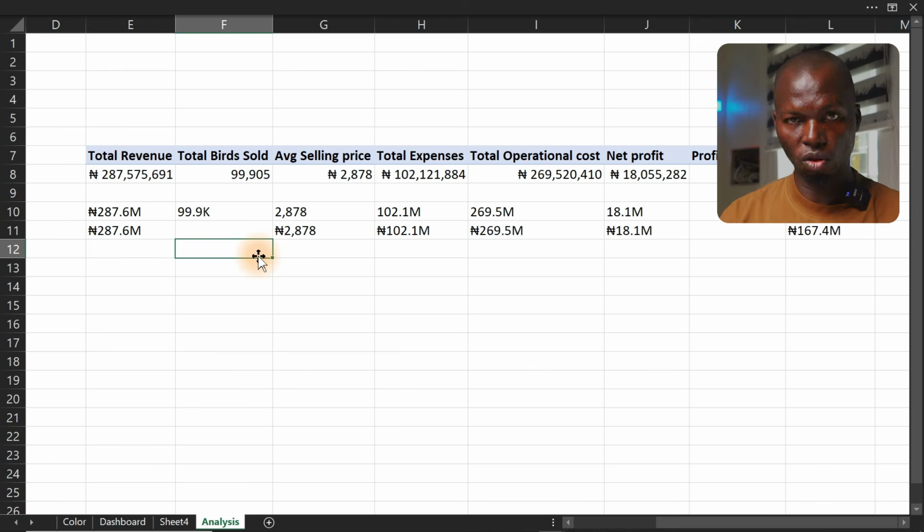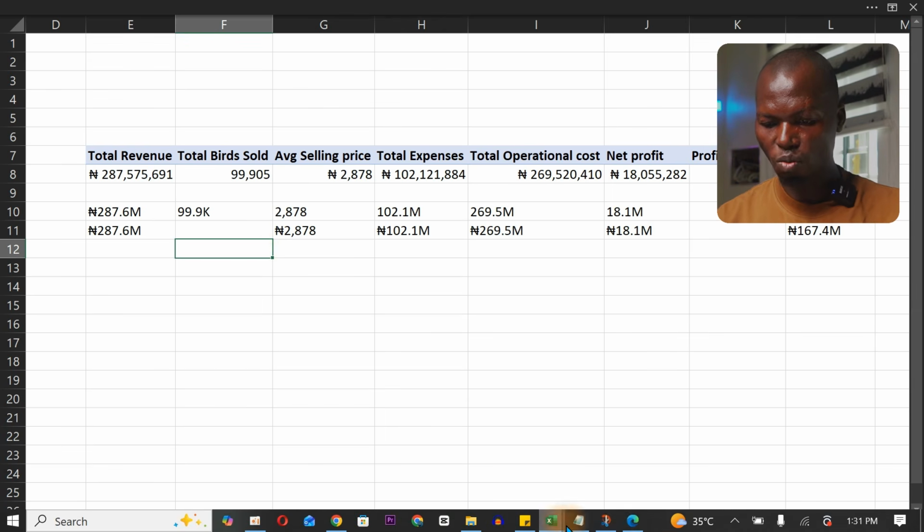Do not forget to save your work. It's very important. Save it. Should your system shut down, you can always have it back up. So it is time for you to start designing. The transformation and cleaning has been done. Then the next thing is for you to write our DAX to actually bring our calculation to life. We have done that. And the next phase right now is the designing phase, which means we have to bring